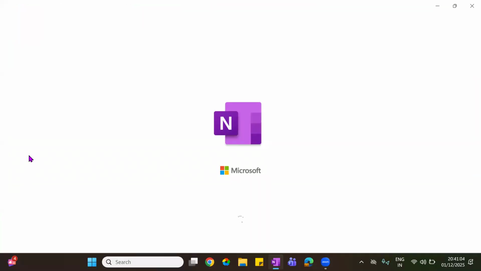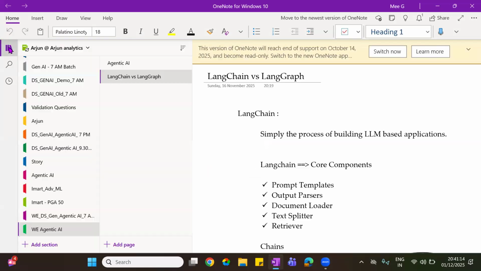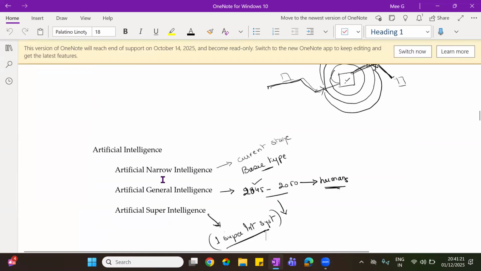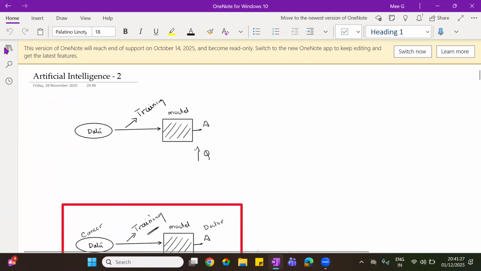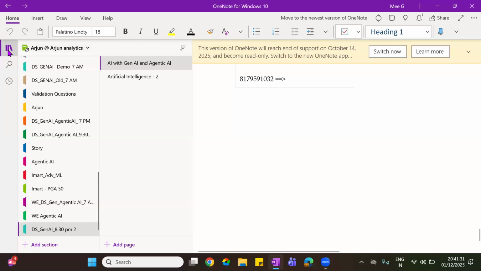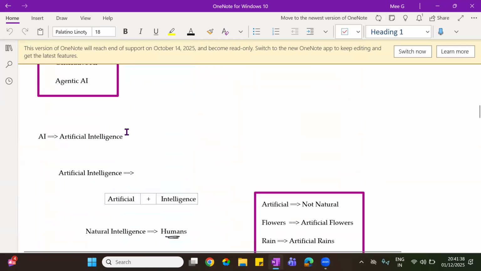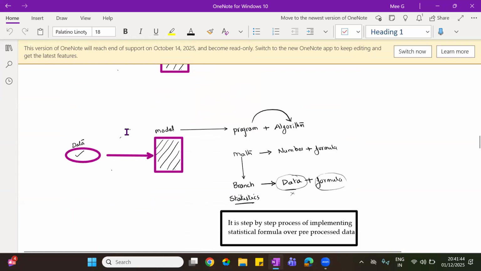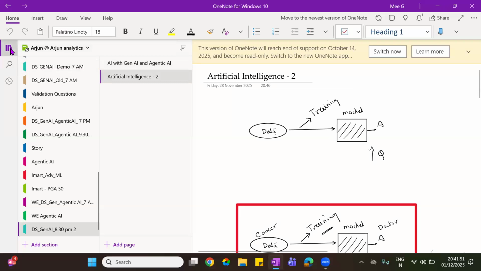Okay, taking forward from our last class, let's start with the things. In the last couple of classes, we have seen what is artificial intelligence, what the course content is, and how you are going to make a system intelligent. And in our second class we have seen